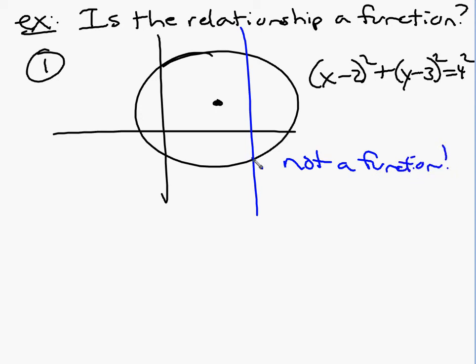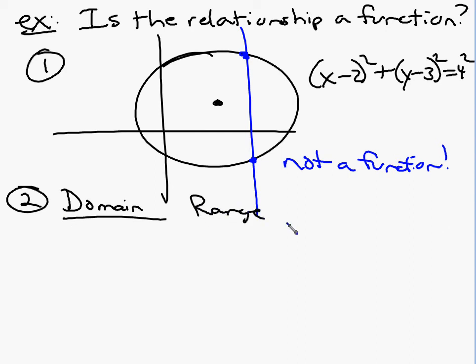Okay, because it fails the vertical line test. We have one x matched to two different y's. That is a problem. All right. Then sometimes they'll give you tables. Okay. They'll give you a table and they'll say, okay, here's your domain